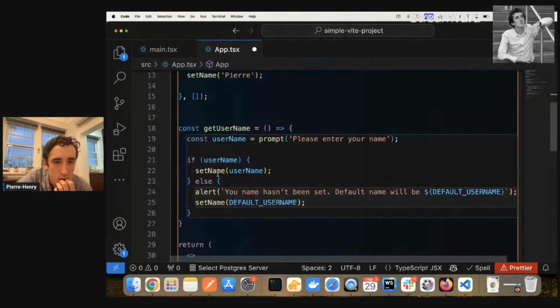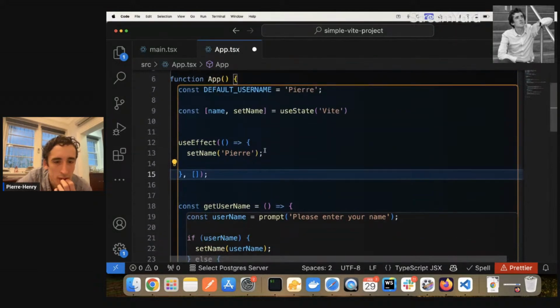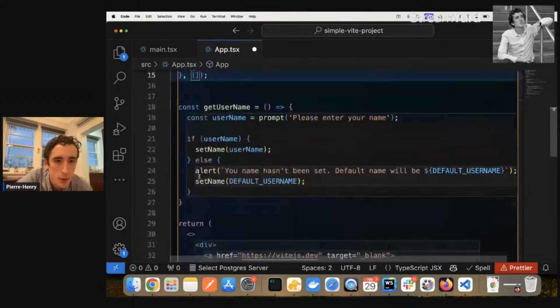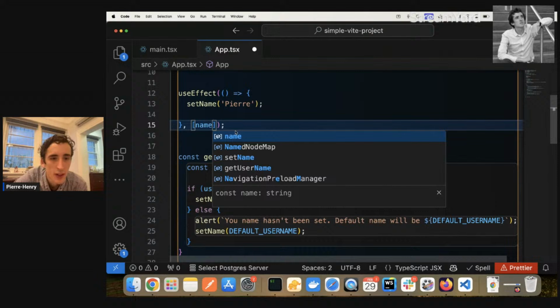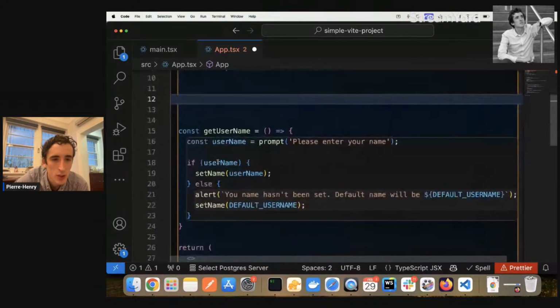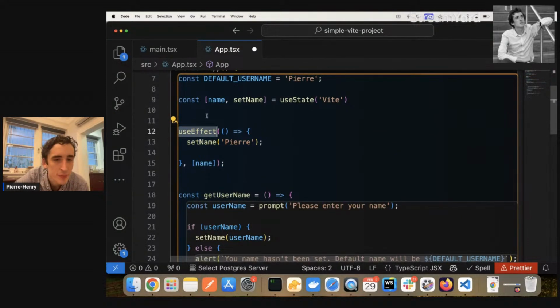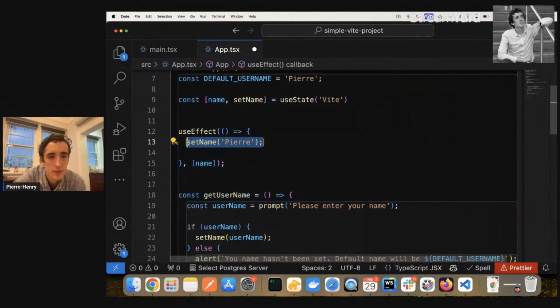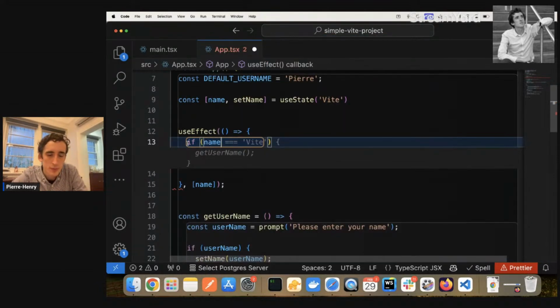If I set the name here, so this one we don't need actually anymore for now. We can do it here actually because we set the name, so it will depend on name. Oh no, actually, we have get name. So let's use this useEffect. And here, if we have a name,